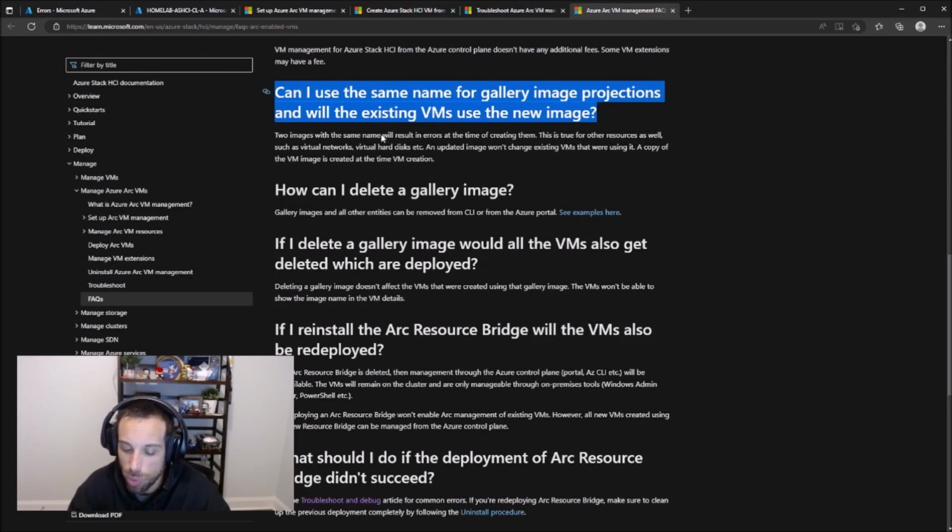If you deploy a VM with image ABC, and then you go and delete image ABC, and you redeploy a new image with a new build or something, and it's also called ABC, will that magically work? There's some nonsense like that, and that's good to know. But